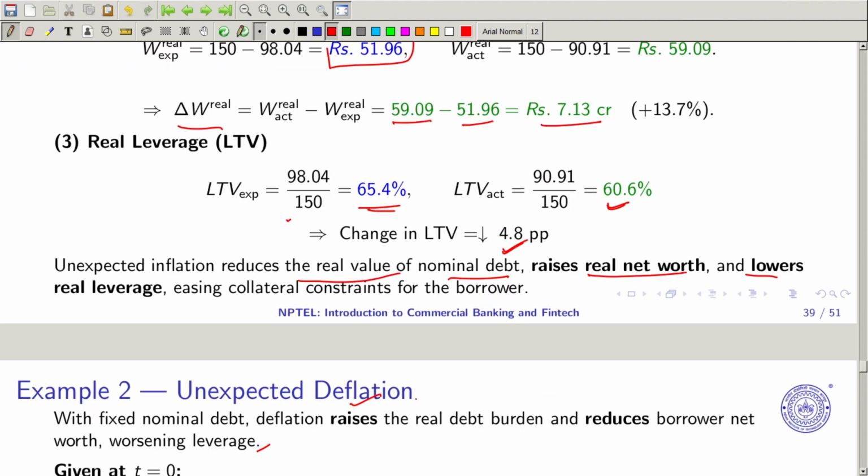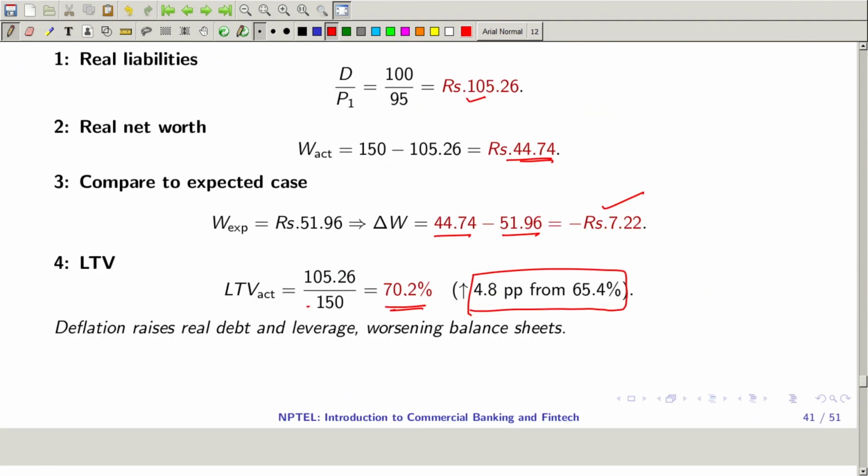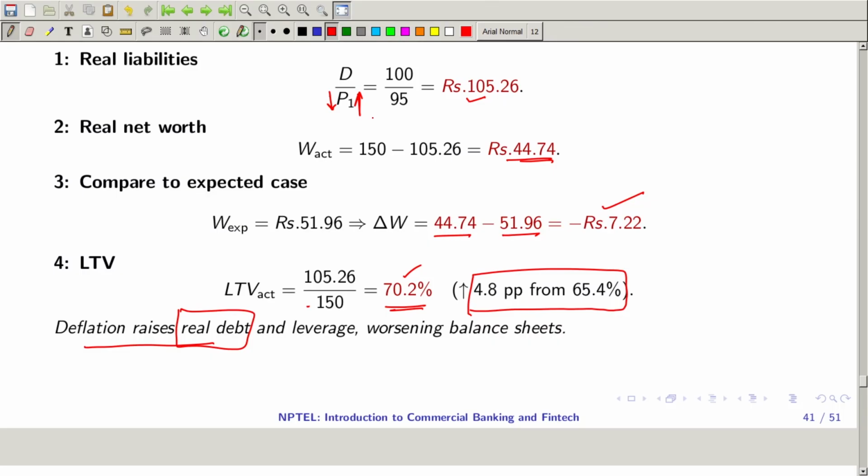It is 65.4 we had, here we are having 70.2%. So if we just subtract that, it is coming out to be 4.8, which means that deflation raises the real debt, because if you have a lower price denominator, your overall real liability will go up. If this is higher, then overall real liability will fall. These examples are just to help you understand, which means that the lender, when the inflation is lower, gets, the borrower gets when the interest rate is higher, then the collateral value will have better capacity, because in nominal terms of real liabilities you see an increment, but it